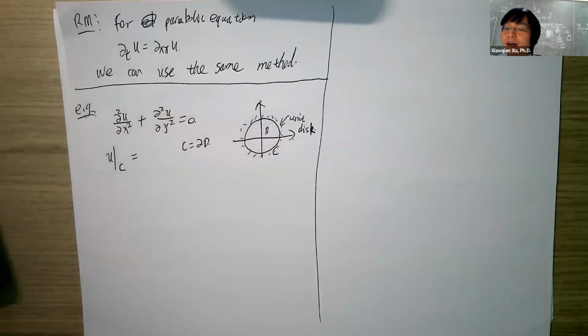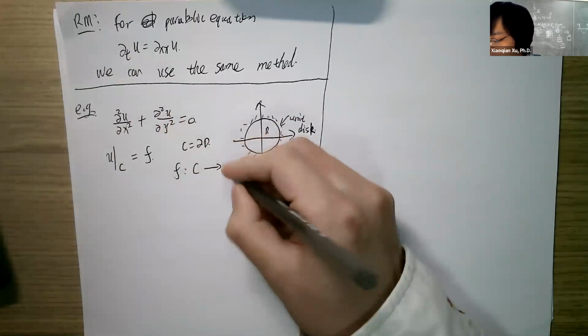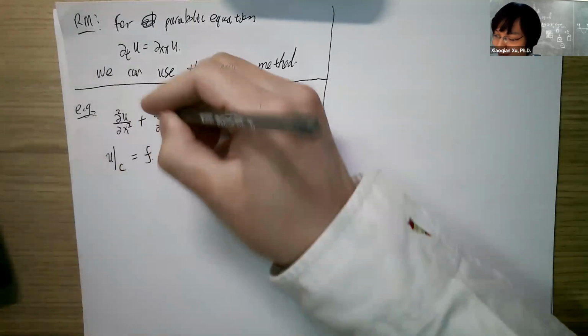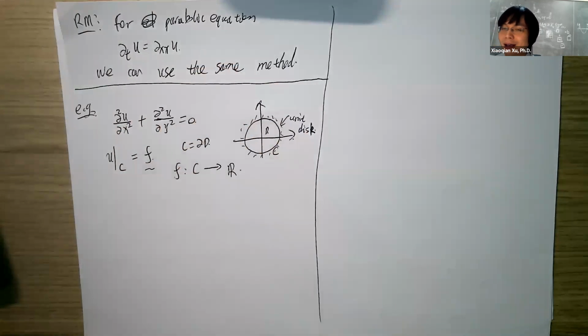U restricted on C is equal to some function. Then this function is from the circle to R. Well, then the problem seems to be very complicated. At least what your F looks like would be a problem, right? This function is restricted on the circle, the unit circle. This is not so nice. If you try to write it in terms of x, y, then this is something not so clear